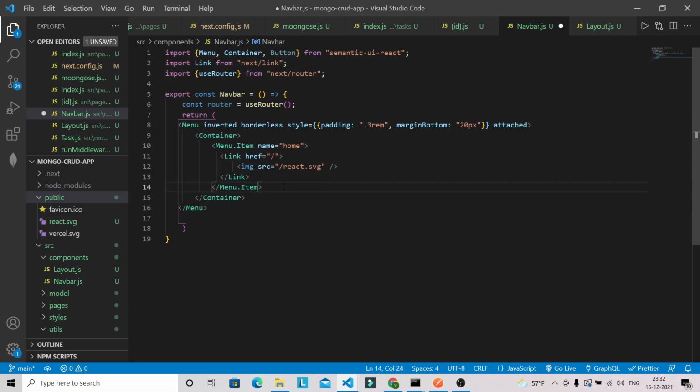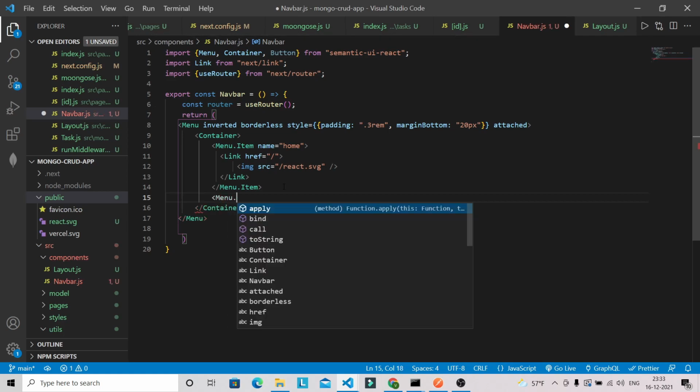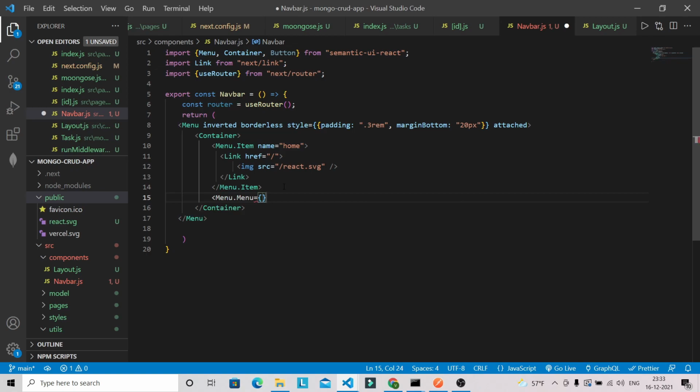And after that we're going to have Menu.Menu. Okay, and this will be position right.